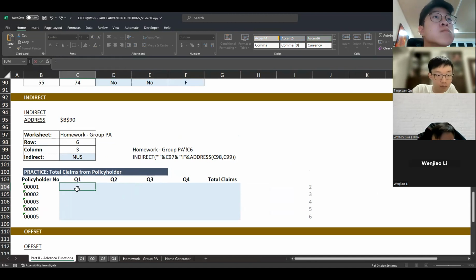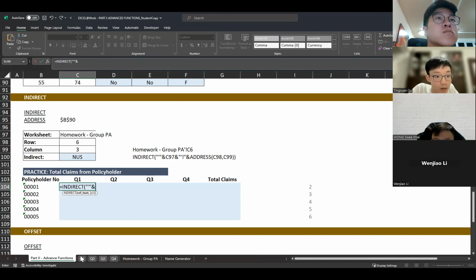Equal to INDIRECT. My reference text, okay, first I need to open inverted commas: a double quotation, then a single quotation, then a double quotation. And I concatenate the N with the N. What's the sheet name?